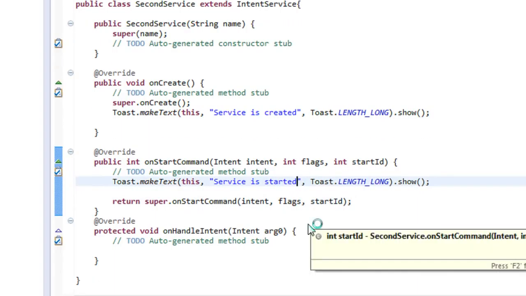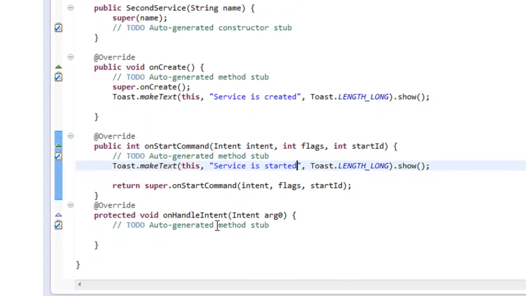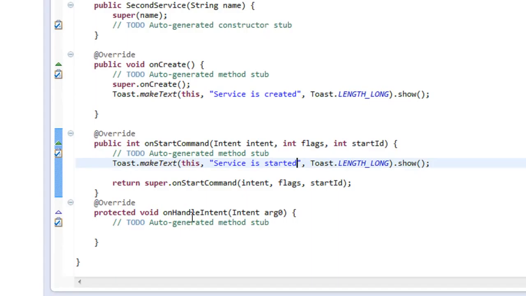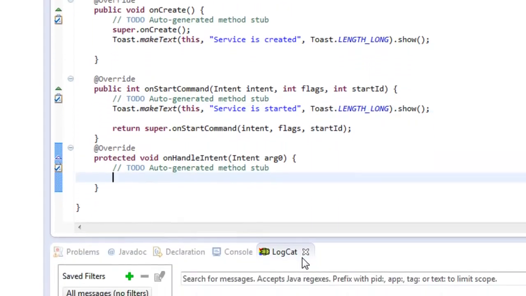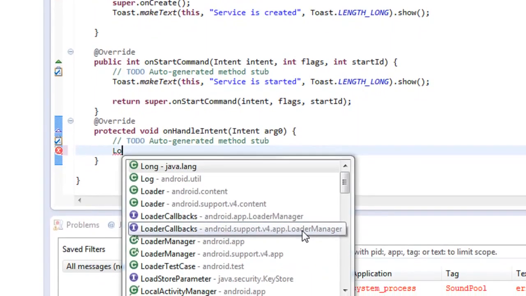Service is started. Okay, here after completing the onStartCommand, the system will deliver all the intent objects to the onHandleIntent method. So here I am going to place a log message,